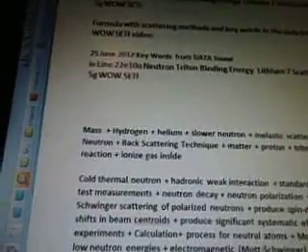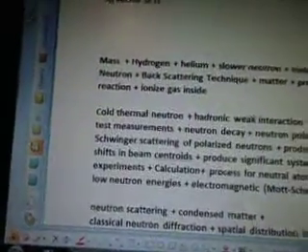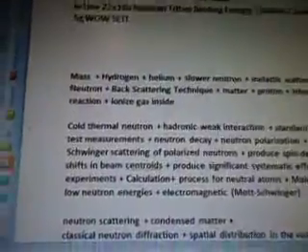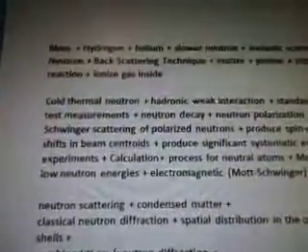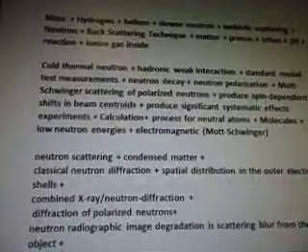from that particular video. It said mass plus hydrogen plus helium plus slower neutron plus inelastic scattering plus neutron plus backscattering techniques plus matter plus proton plus triton plus 3H plus reaction plus ionized gas inside. So we have a cold thermal neutron, we add hadronic weak interaction, add the standard model test measurements, plus neutron